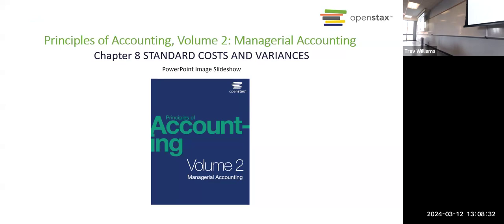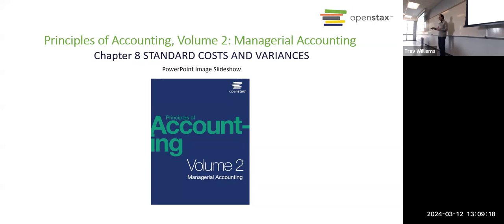All right, so standard costs and variances. We're a little bit familiar with variance. We have done some work with budgets, and we looked at flexible budgets and how they compare to actual performance, as well as static budgets and how they compare. But we're going to go deeper into that concept this week, where we figure out what our costs should be, what the standards are, look at the actual performance, and look at the difference between the two to see: is it favorable, meaning more profitable, or unfavorable, meaning less profitable.